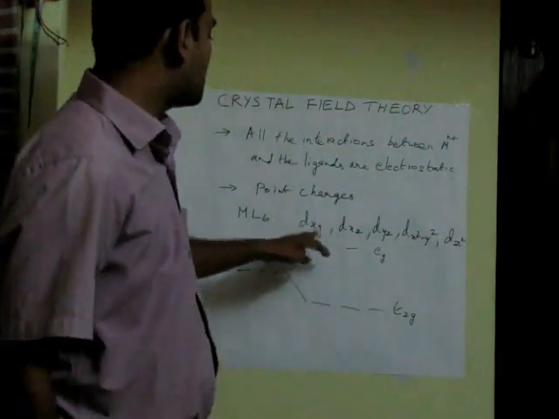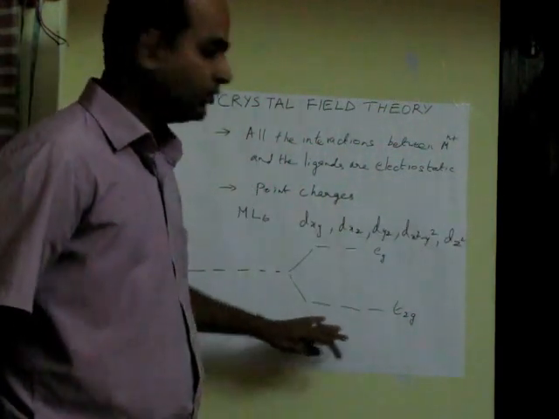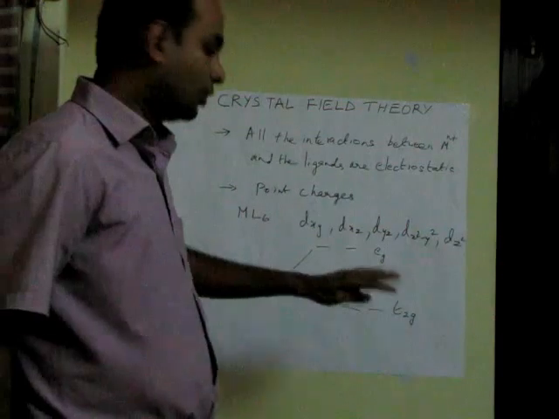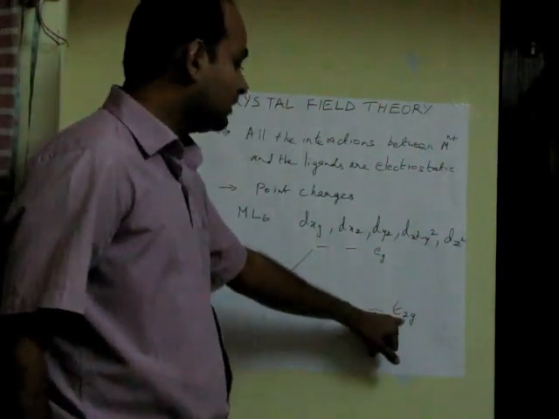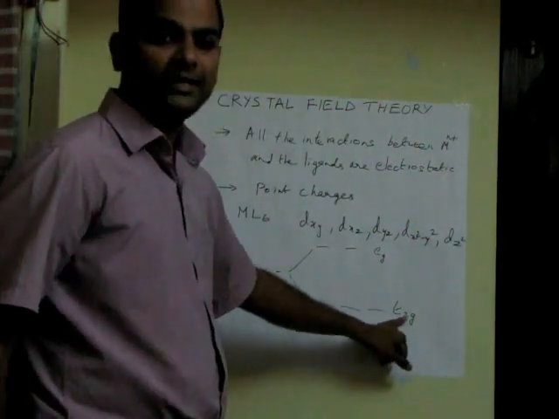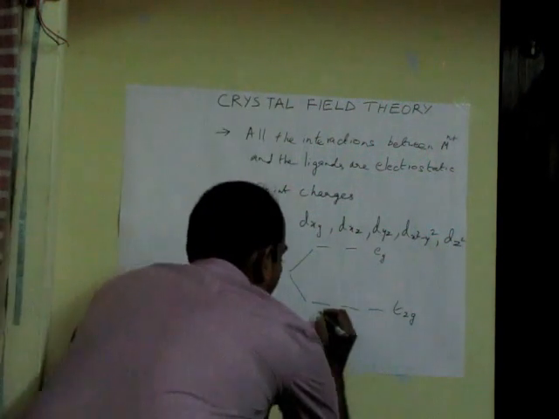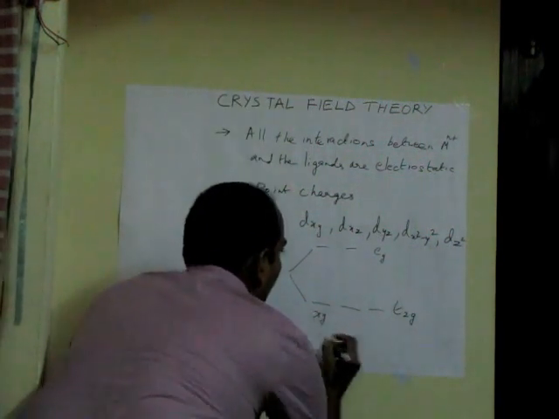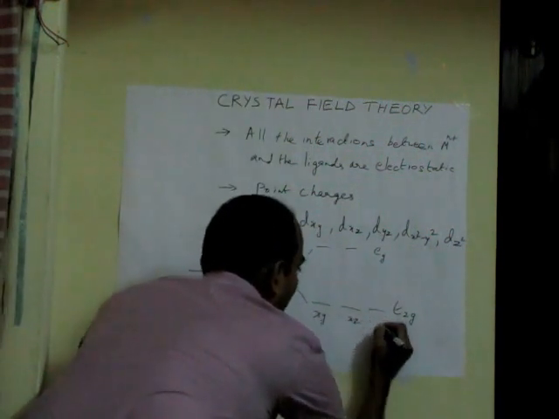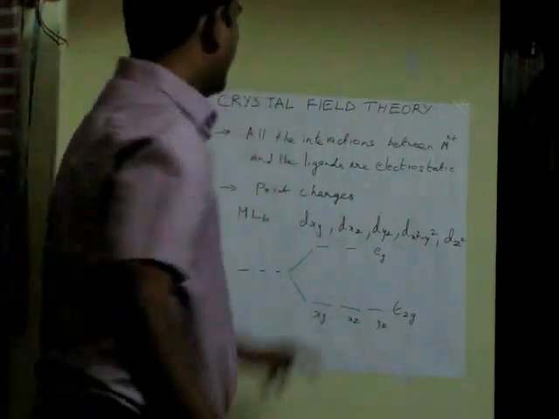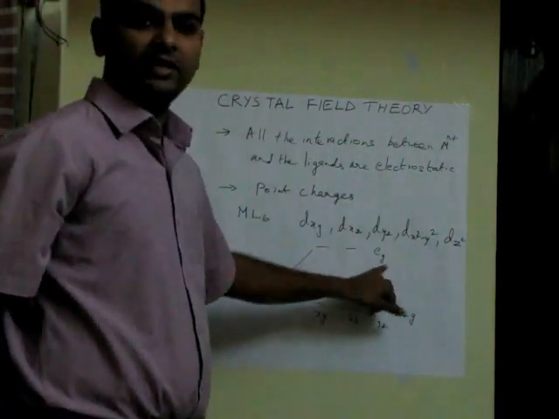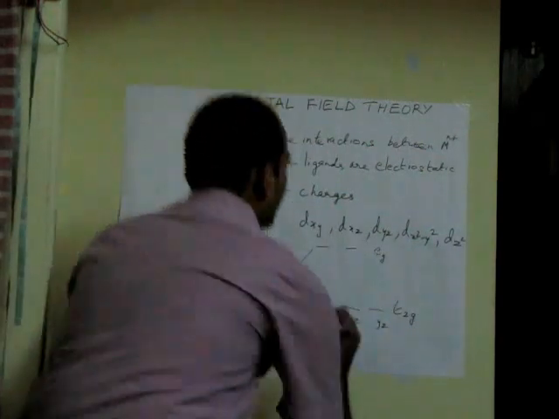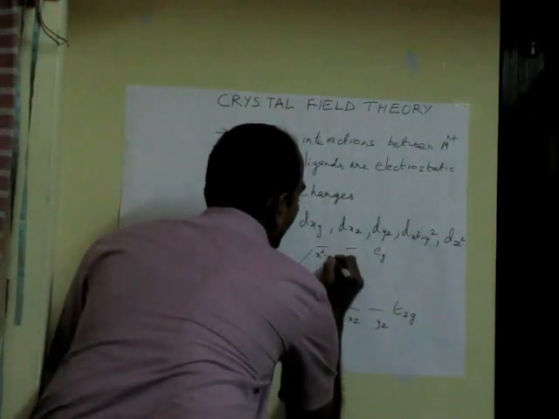Which of these 5 orbitals fall into each of these categories? The 3 orbitals which fall into the T2g category are dxy, dxz, and dyz, and the 2 orbitals which fall in the Eg category are dx square minus y square